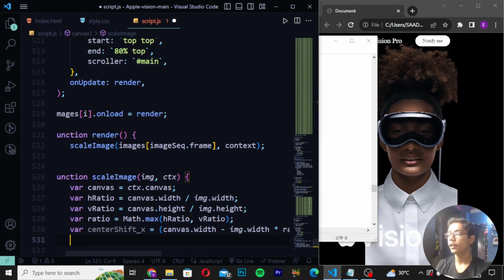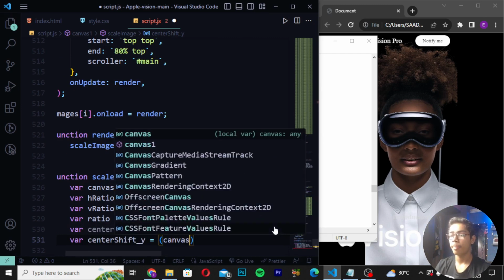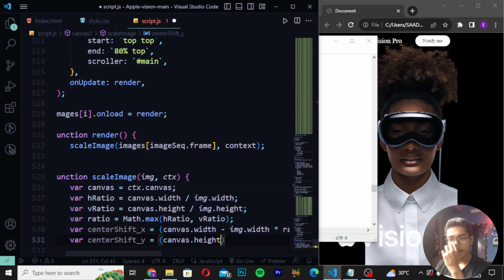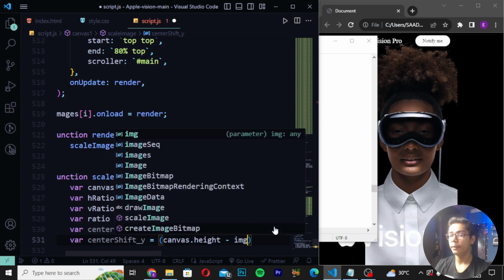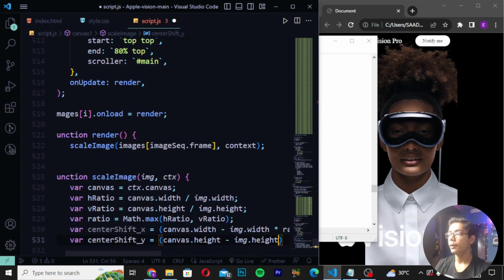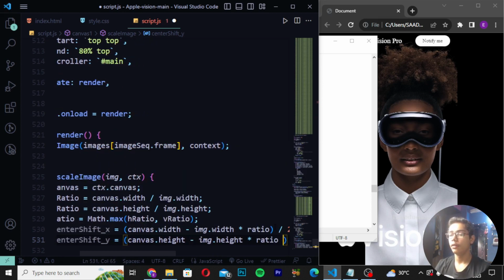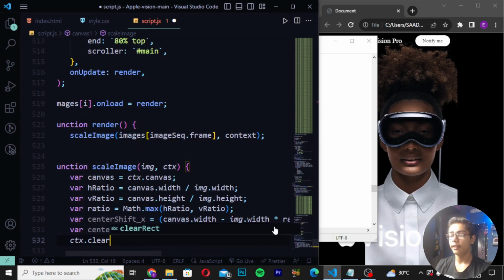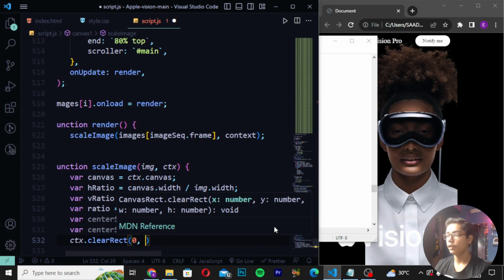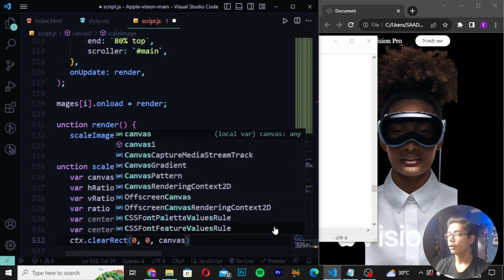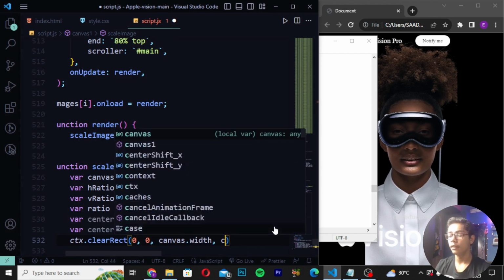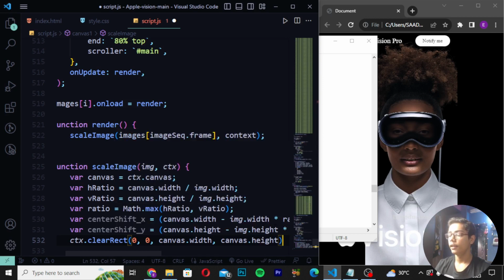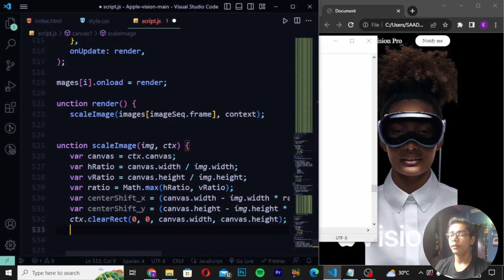Then you have to now write here var center shift y, and I will be now writing canvas height, and then when you have written this, you have to now write here image height, and I will be now writing here radio. Then you have to now write here slash 2. Now you have to write ctx clear rect, and I will be now just writing this 0 canvas, and I will be now writing here width. Then write comma, write here canvas dot height, then close this tag,